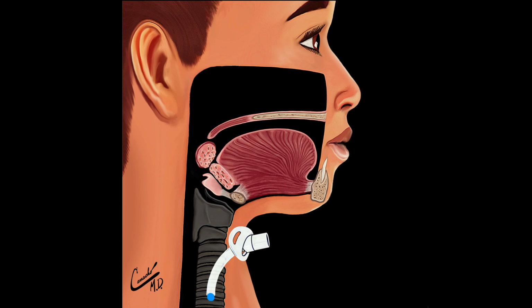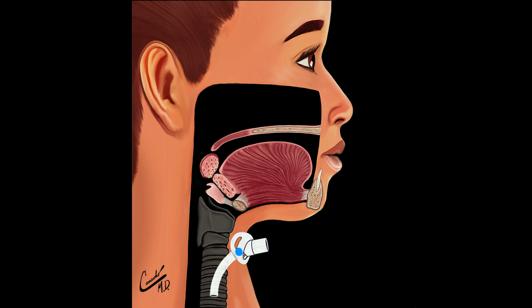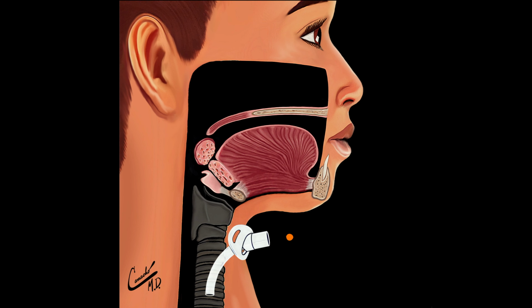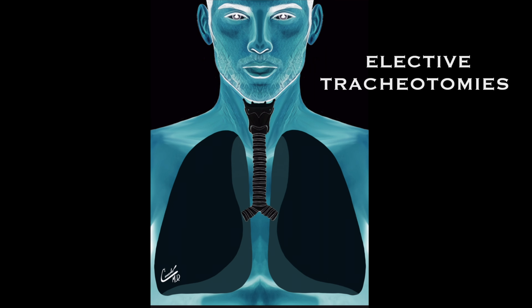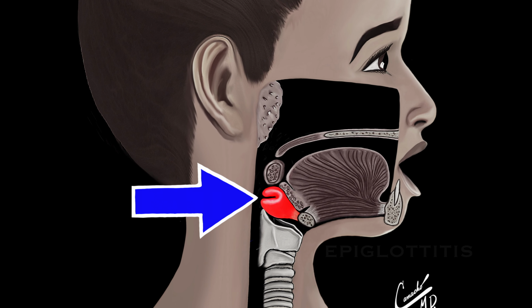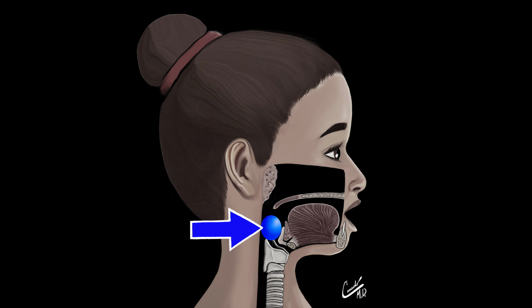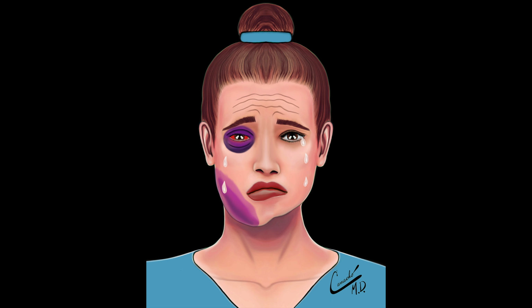Why are tracheotomies needed? Tracheostomies bypass breathing through the nose and mouth so the patient can breathe better in emergencies and non-emergencies. Non-emergency tracheotomies are also called elective tracheotomies. Reasons for emergency tracheotomies include epiglottitis, supraglottitis, choking, anaphylaxis, large cancers blocking the upper airway, and trauma to the head